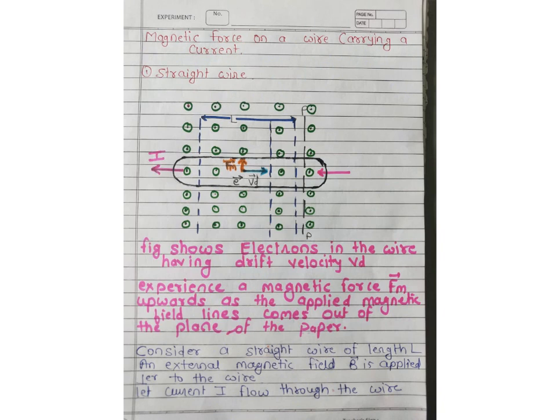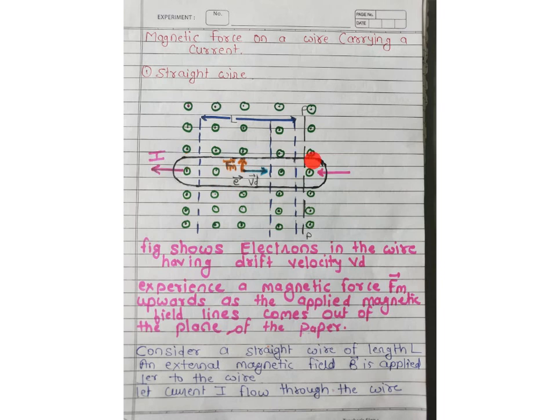This diagram also shows it. This is the current flowing direction. This is your magnetic field, which is out of the plane of the paper. This is the drift velocity. This is the electron, and this is your magnetic force. Then let us find the formula for magnetic force